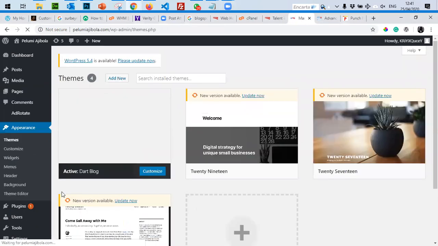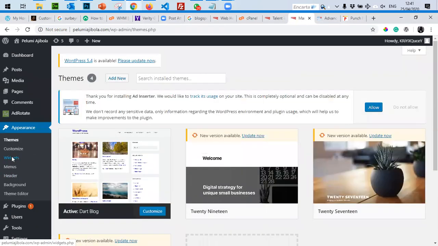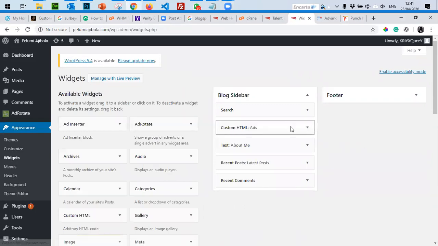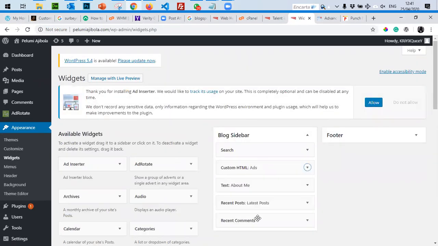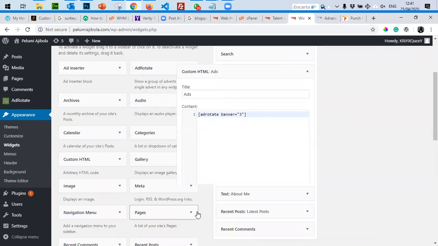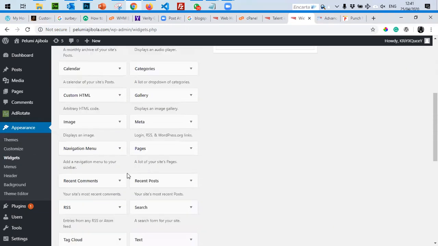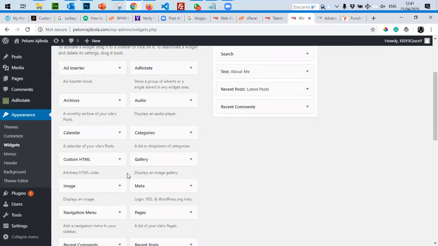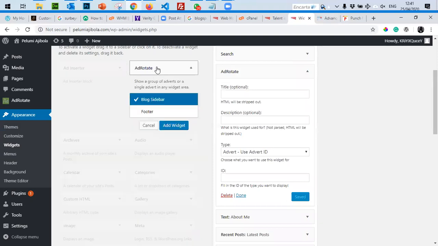So naturally, on my widget, instead of me creating this here, it means that as soon as I plugged in that advert, there's a plugin that has joined our plugins here. So this takes care of the adverts that we're looking for.